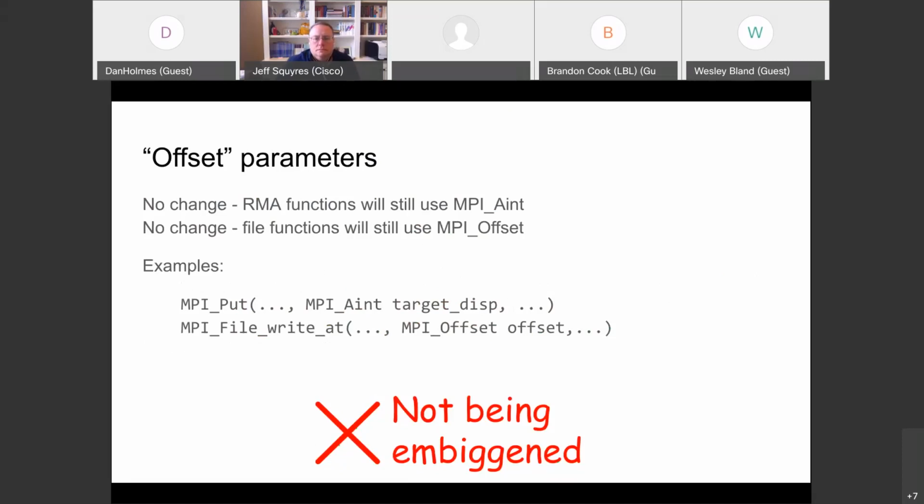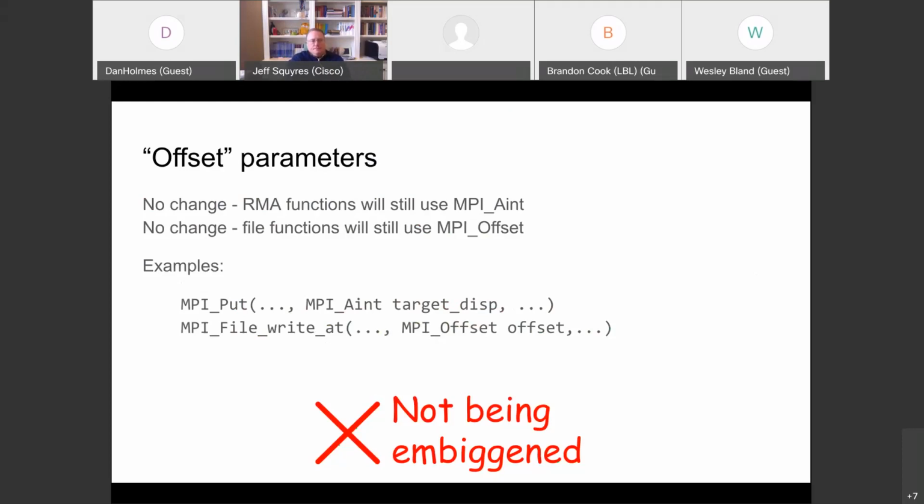But the short version of this is we're not going to change that. This is already an AINT, and it needs to be an AINT because that's the type that refers to memory displacements and locations and so on. It shouldn't be an MPI count, because that is potentially a bigger type in terms of number of bits of storage that it uses, and all of the hardware optimizations that care about this need it to be an AINT type, not a count type. If the count type is too many bits, it would change the wire protocol. This is terrible. We shouldn't change this.